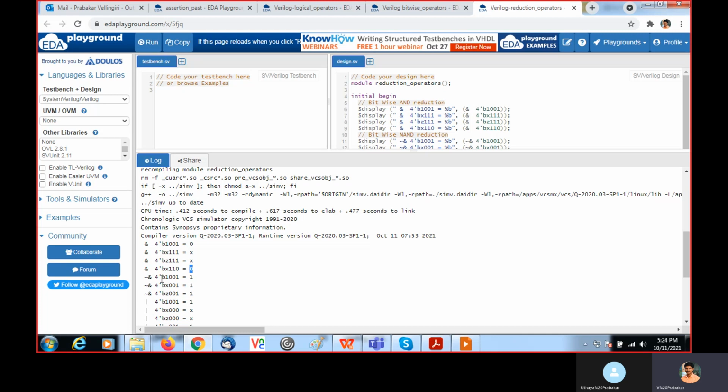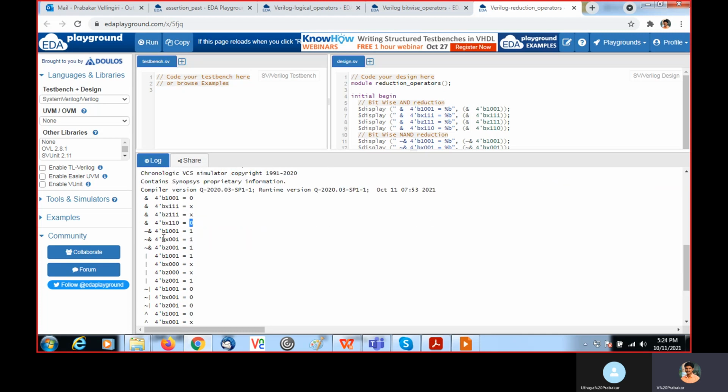So this one is called NAND. That is NOT of the AND. For this, if you take AND, you will get 0, and then performing NOT in NAND, you will get 1. For this, you will get 0 from the AND, and since this is NAND, you will get 1. For this also, we have 0, so performing AND, you will get 0. If you take a NOT, NAND means you will get 1.